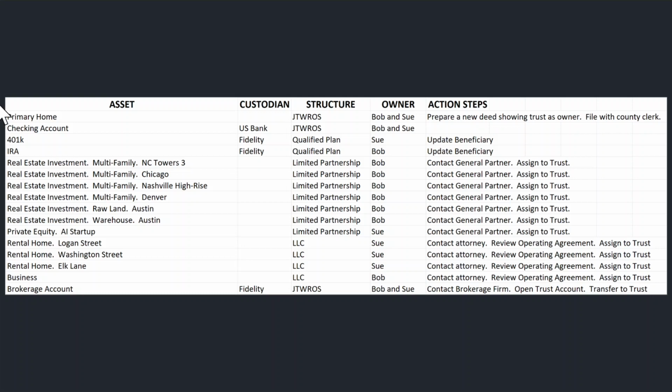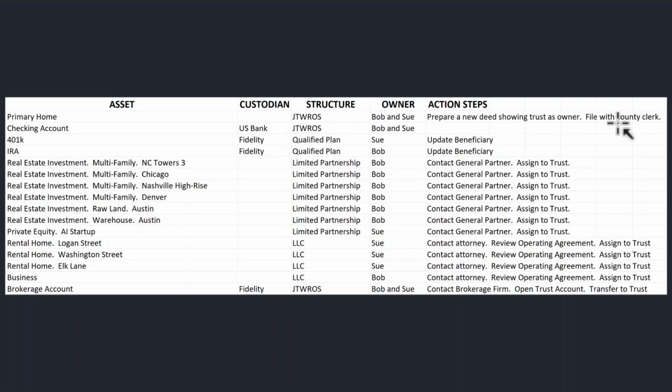When it comes to the home, what I often see is that the home is held in joint tenancy with right of survivorship. That's what JTWROS stands for. And so let's say that in this example, Bob and Sue own their primary home. It's in joint name, and their attorney has instructed them to transfer the home to their trust. How are they going to do that? See these action steps here. We're going to prepare a new deed showing the trust is the owner, and we're going to file that with the county clerk for the county that Bob and Sue live in,